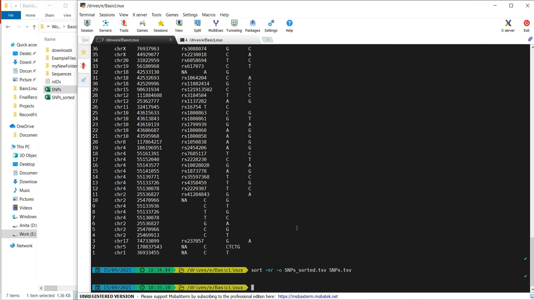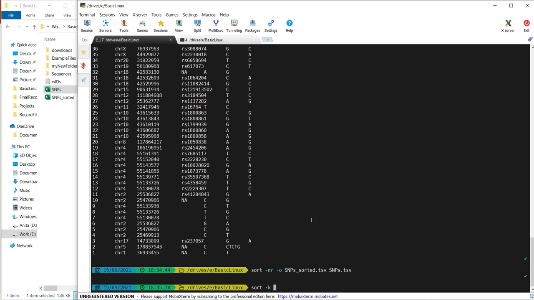Many times we need to sort a file depending upon a specific column number. To achieve this, we use the -k option with sort. Let's say I want to sort this file on the basis of chromosome positions. I will type sort -k and the column number: 1, 2, 3, the third column.